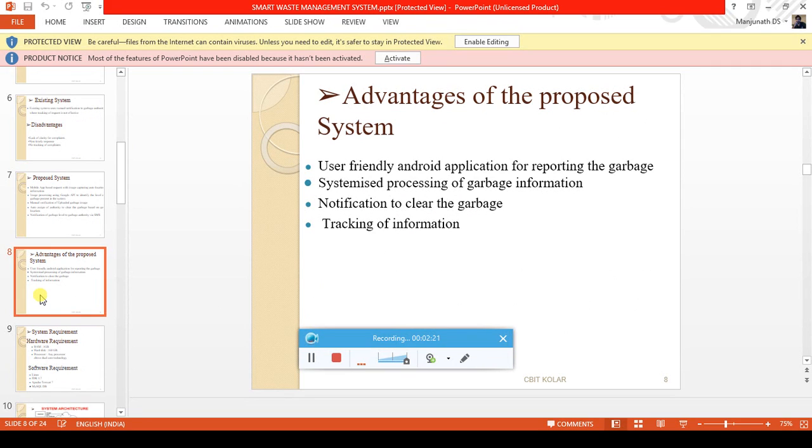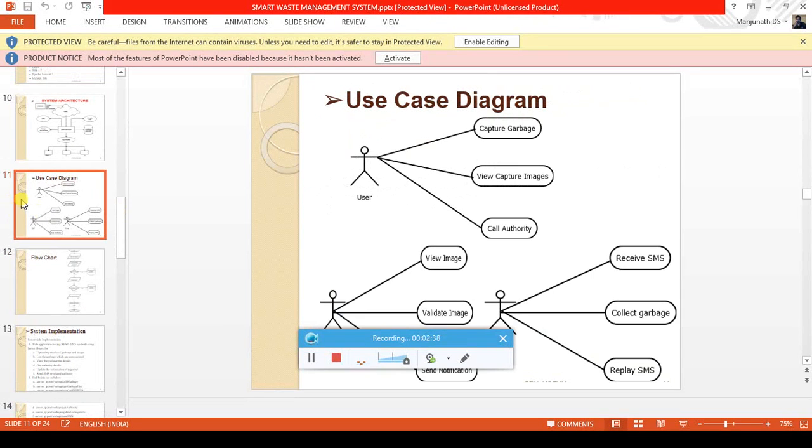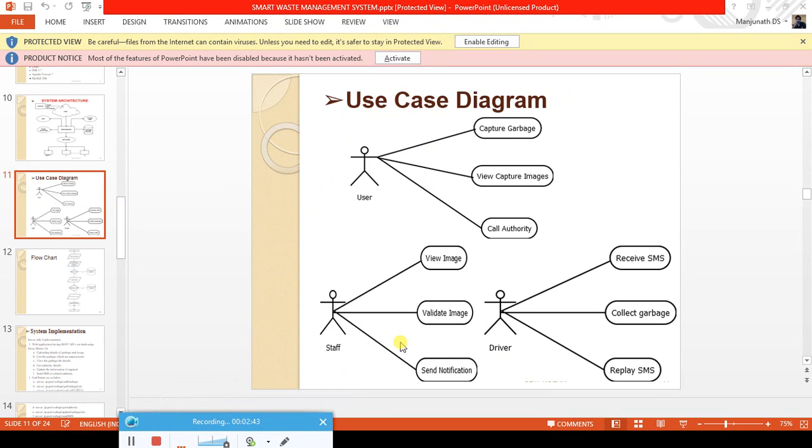Actually, we have not mentioned anything in the PPT module-wise, but you can do it in a module way also. Since you're a team of 4, you can say there is a login module, user module, staff, and driver or authority. It can be changed. Just mention driver or authority because I've kept authority on the screen. So you can consider it as 4 modules: a login module, user.